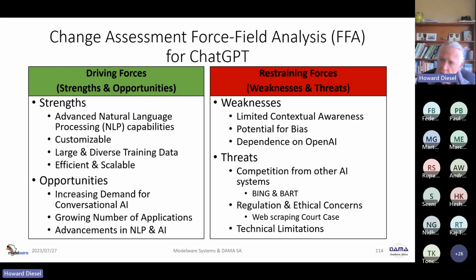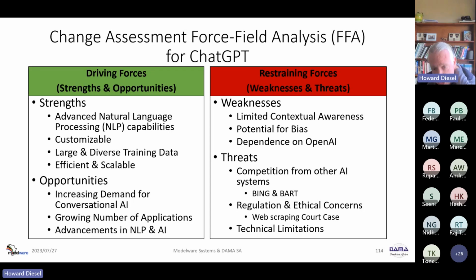Now, what I wanted to do is just show you an example of this. So let's take ChatGPT. So what are the strengths of ChatGPT? That natural language processing is phenomenal. Okay, I'm sure you may have seen last week or the week before what we did about the videos that we're processing, and we're making use of technology or NLP to extract the information from the videos and then to summarize it. So it's amazing how quickly you can get quite a detailed report of what's in the video,